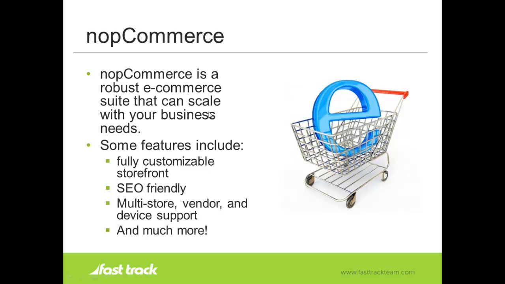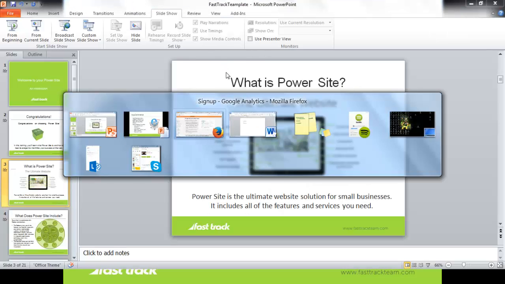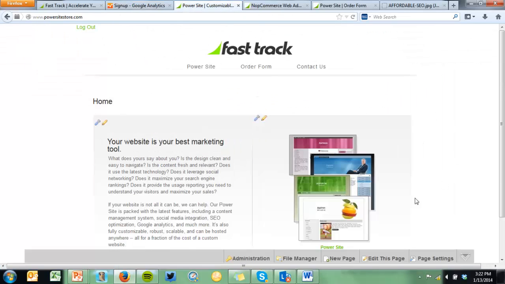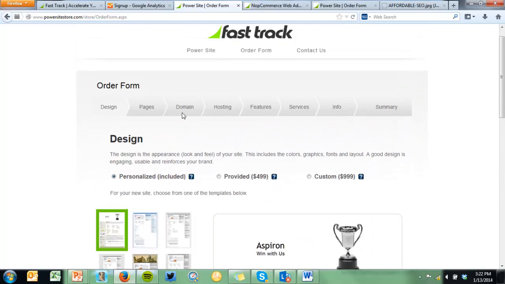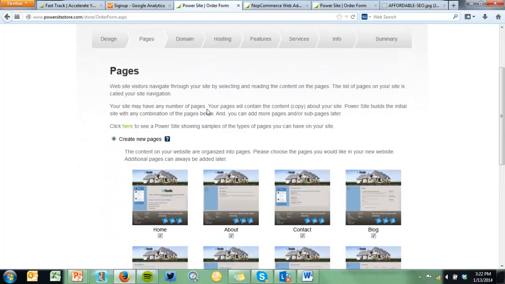Next, we'll move on to our Not Commerce engine, which is the e-commerce solution that we use with PowerSite. It's a fully customizable storefront. It's really friendly in terms of SEO, and you can have multiple stores, vendors, and device support, so you can create a mobile storefront if you need one. And we'll just show you what that looks like here. So this is our order form, and as you can see, you can create pretty robust and customized pages for